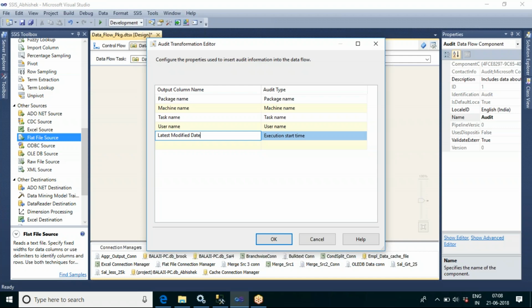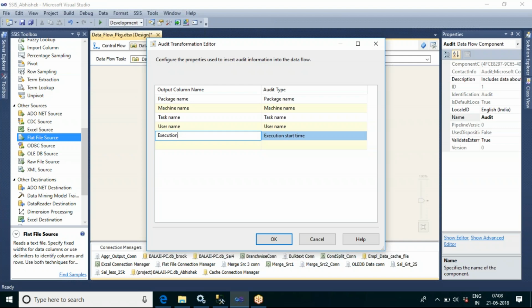Or if you want to know how much time your task is taking to execute, you can compare this task's start time with the next task's start time, and you will get how much time each task is taking. As per your requirement you can use those columns.